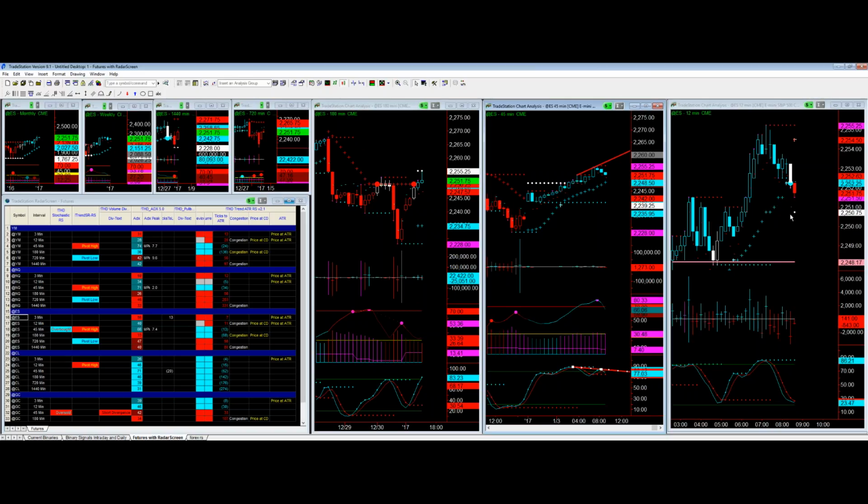Now, if this comes down to this congestion dot, this white dot right here, and it has diverging volume, I may take a long position on that, but I need one hour for that trade to work out. No more, no less. Well, I could take less, and that's because I would expect it to come back to test this ATR, okay? So right now, if it comes down to 2250 and it has diverging volume and I could get something with low risk, I would take it back up here. Would not let it expire more likely than not.